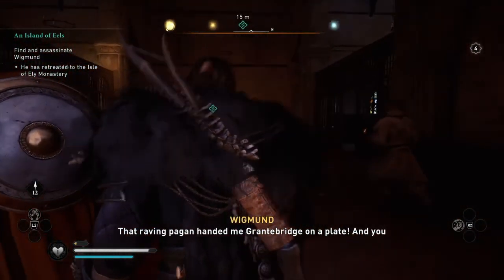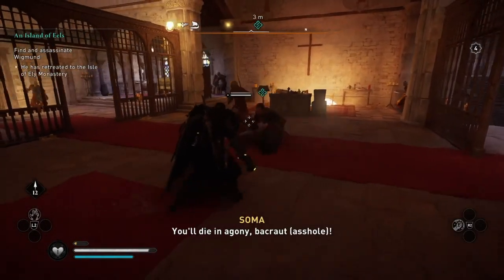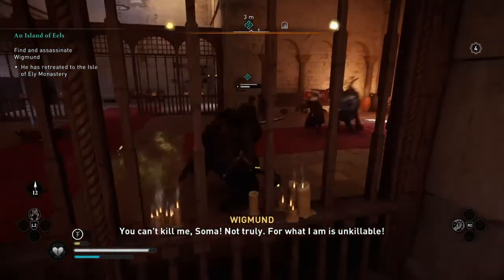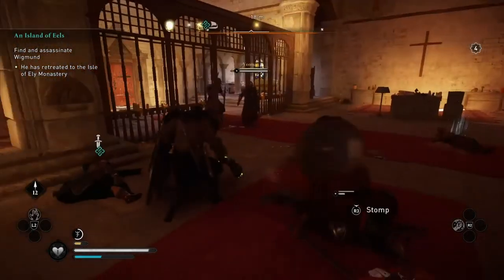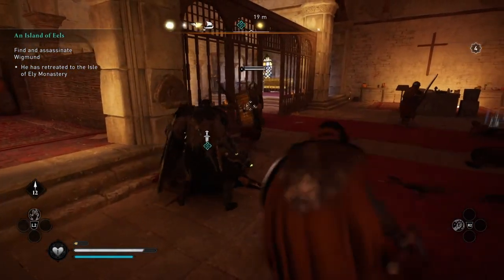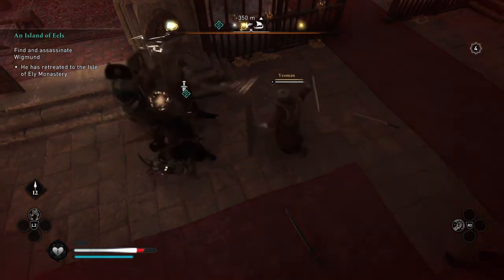Regan handed me Grantbridge on a plate, and you dirty... You'll die in agony. Now, you can't kill me, Soma. Not truly. But what I am is unkillable. Really? Well, then let's test that theory. You say you're unkillable, so... Jesus God, my blows! Let's see. Will this...